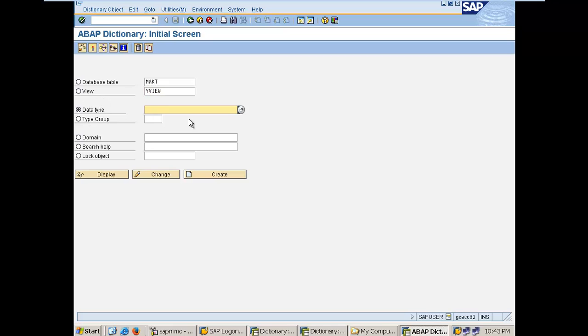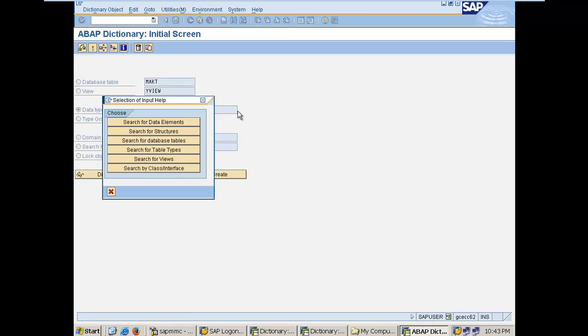Now coming to data type, if you hit F4 here, we have data element, structure, database table, table type, view, class interface. Class interface will be covered in object oriented. Views I just explained. Database table, you already know what is a database table. Structure, you know what is a structure. Data element, you already know. Table type, so what we can do,